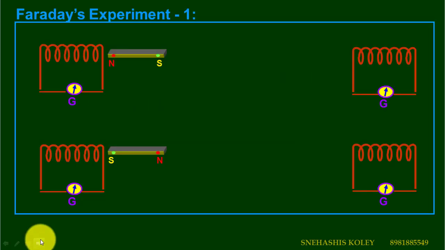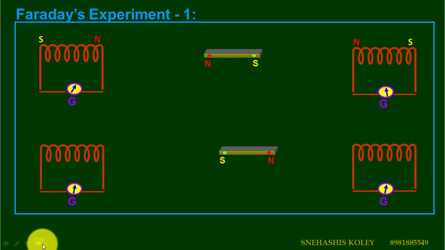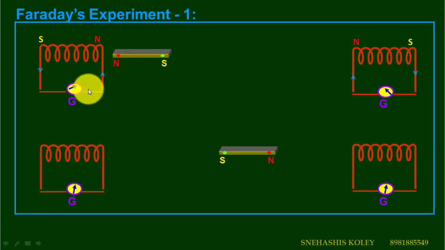In this experiment, we have some observations. When a magnet is stationary, there is no deflection in the galvanometer and its pointer reads 0. You can see that as it is moving, the galvanometer shows deflection in the rightward direction. So the current will flow from this region to this region, and here a north pole will be generated. As the motion of the magnet is stopped, the pointer of the galvanometer comes to 0. This shows that the current in the solenoid flows as long as the magnet remains moving.